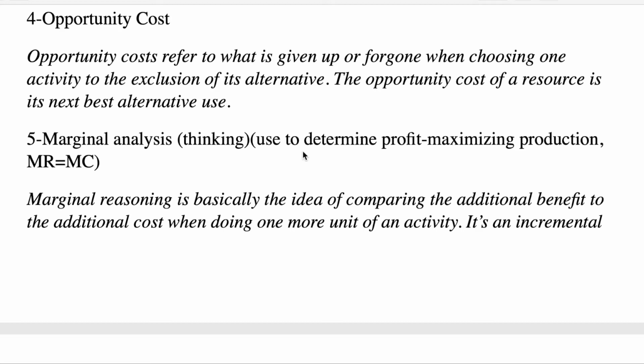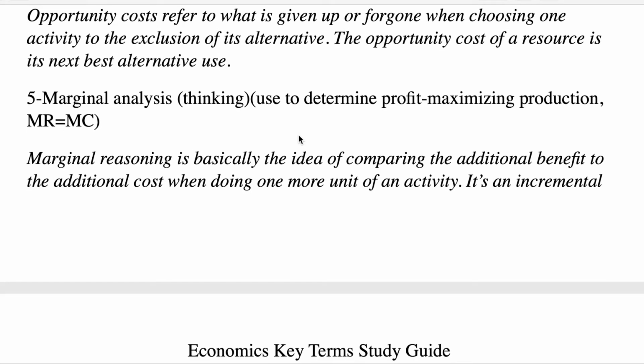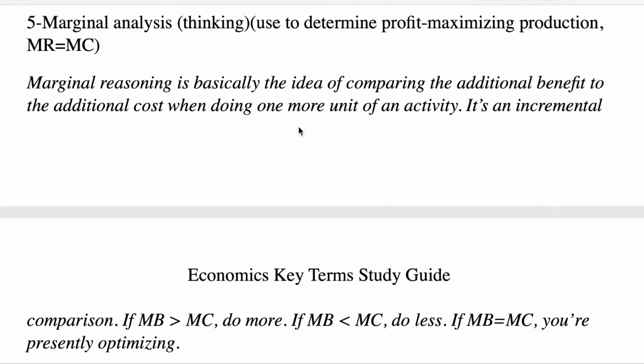All right. Opportunity cost is a really important principle in economics. It pertains to sacrifice. It's what is given up or foregone when you do one thing instead of another. The opportunity cost of a resource is essentially its next highest alternative use. So the idea is there are many different things resources can be put towards. There are several alternatives, and whichever one you select, there are some benefits associated with it, but there are important costs, such as the foregone ability to pursue those other uses of that resource.